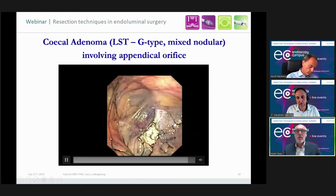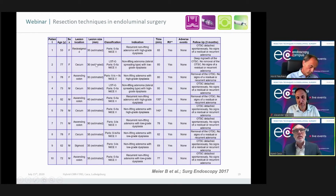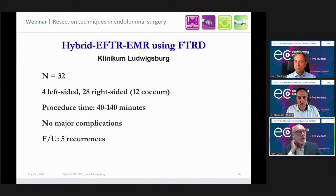This was the picture after the resection. We published data on our first 10 patients in 2017, with lesions up to 4 centimeters, where we did this hybrid technique. We encountered no complications, and the follow-up was very short at the moment. So we are currently putting our data together for our other patients we've seen at our clinic, and this is